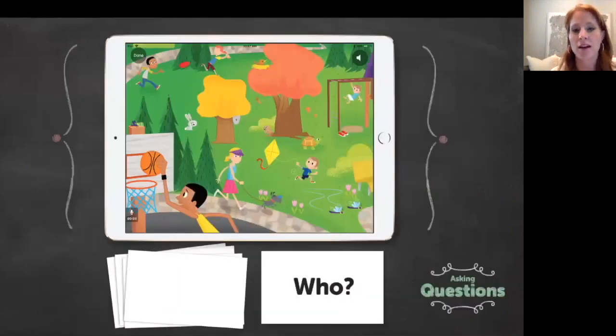Here you can see, I actually used Articulation Test Center for this example. In Articulation Test Center, we have 3 different scenes you can choose from for obtaining a language sample. And I thought this would be a fun way to work on asking questions. And I used the same question cards I used in the previous example. So let me show you how